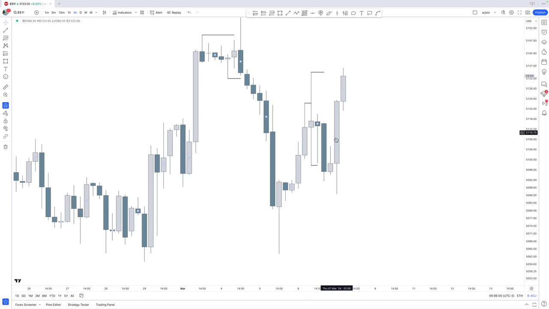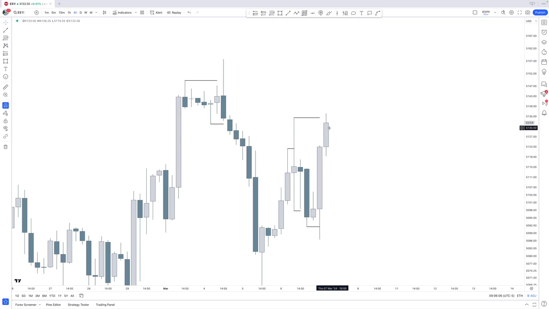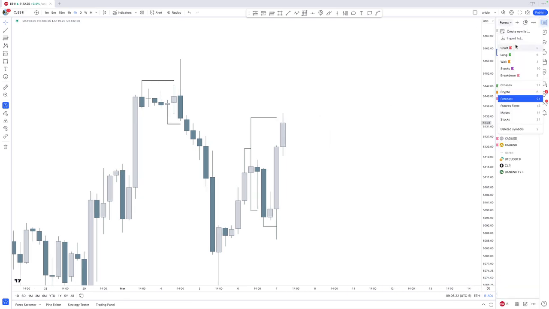After that, we again see a sweep of this low right there, where the next target becomes quite clear, because now we have a swing high that we can then look to target. So that constant reacting, especially in those sort of consolidating areas right there, that is extremely important as well. Then I have one more example as well that I want to go over,